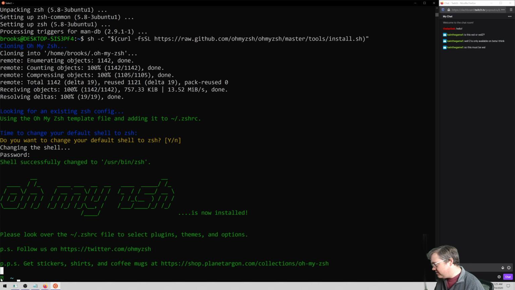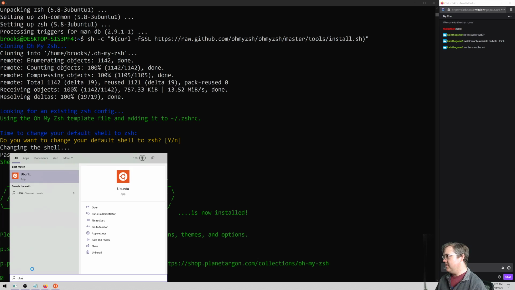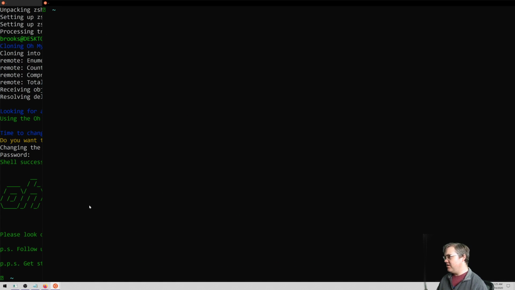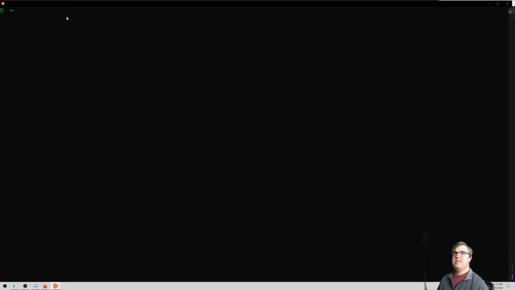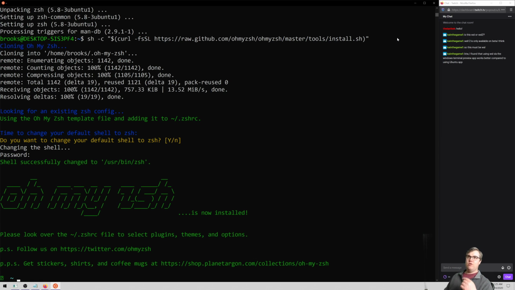There's a font missing here from whatever the default theme is. Control Shift, and so no new tabs. I can open a second Ubuntu window, so that's how I have to do that. That definitely means I'm going to have to move into using tmux, probably sooner, so I can get that window management instead of just having multiple Ubuntu windows.